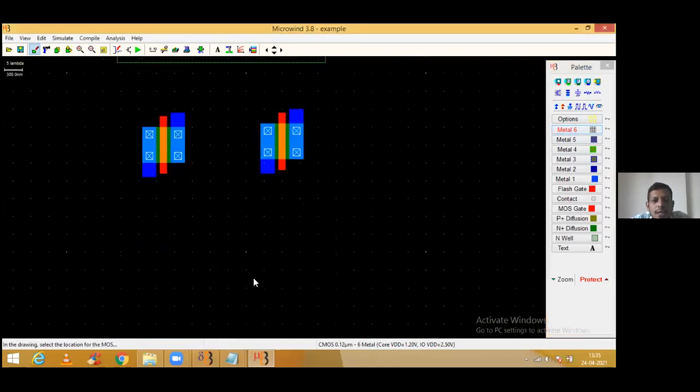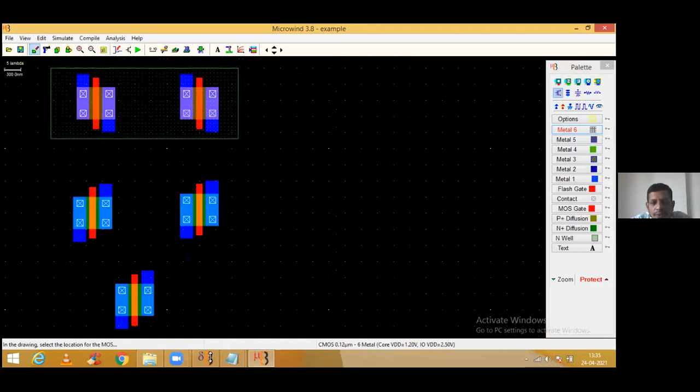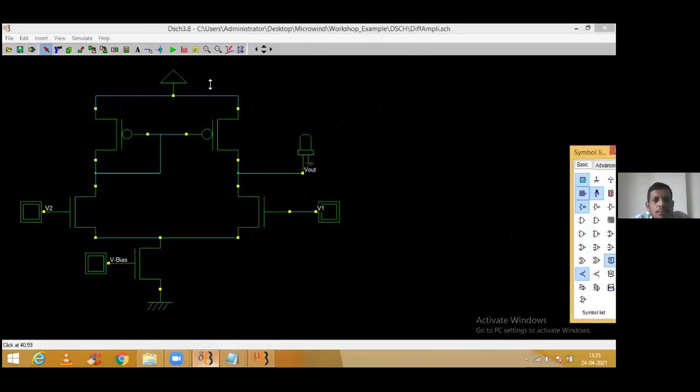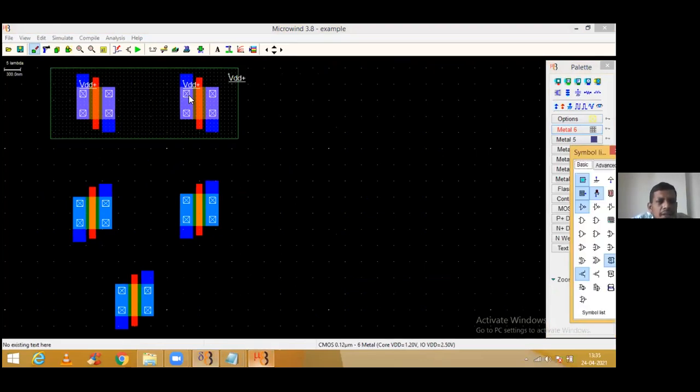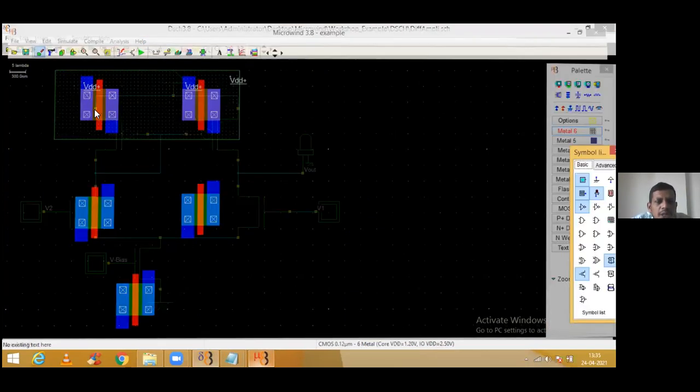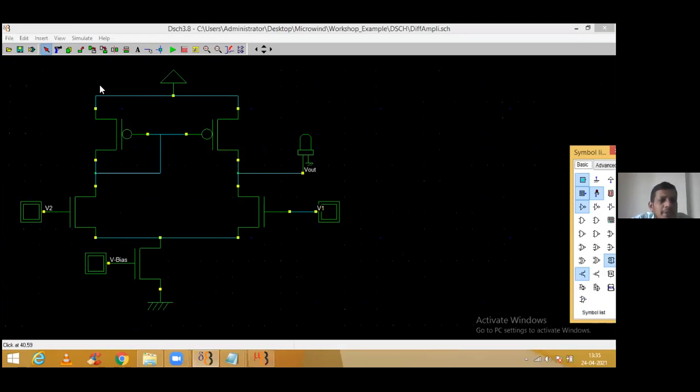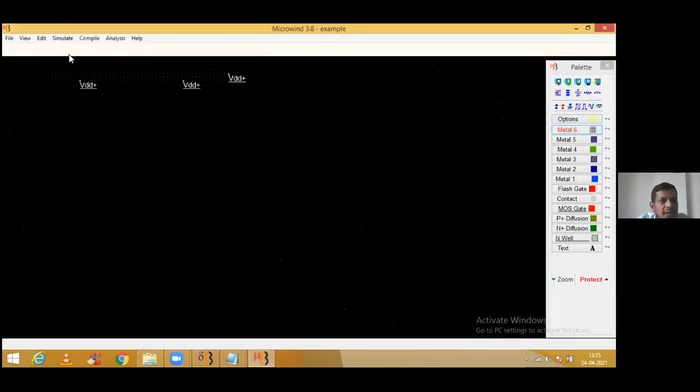And again, we need 1 NMOS transistor, keeping below this. Click on V wall, that's fine. Make the connections. Both should be connected to VDD, get connected together. Guys, how to do that? Shall I apply a separate VDD to both the ends, and one more VDD to your N-well? Guys, both things can be done. Either we can connect these two together, or we can attach a separate VDD for both of the devices. I'm playing with the design, guys. You have the licensed software, you can play with your design. It's not an issue.